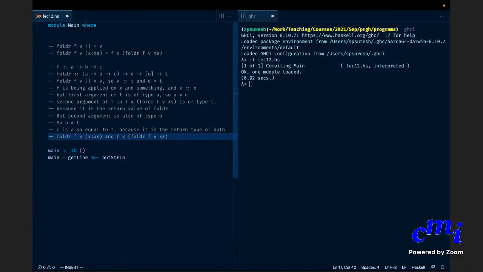So I have given you the complete reasoning. Therefore, C is also equal to T.